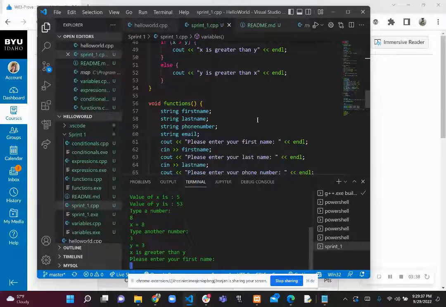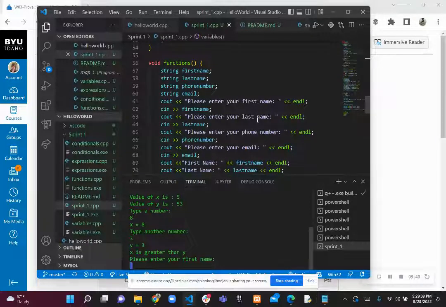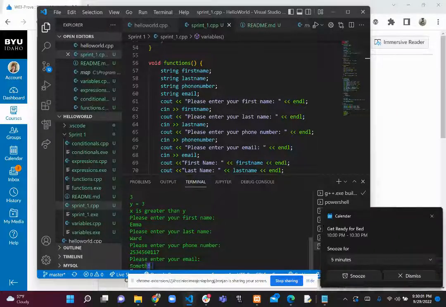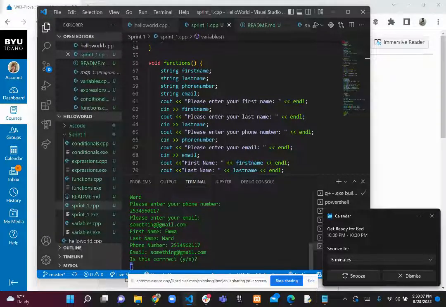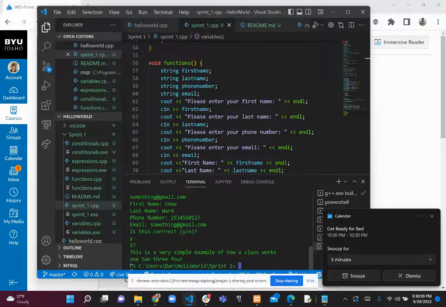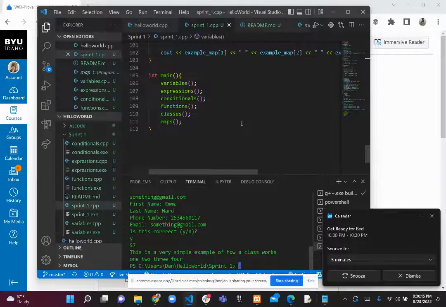And then I went down and I wrote a very simple function, essentially, and I just had it ask for your first and last name, your phone number, and your email. So I'm going to type that out. Here's my last name. I'm not going to use my real phone number, but there's that. And then it's email. And then it will ask you if it's correct. You'll say yes. And that will operate down here in the main, as will all the other functions